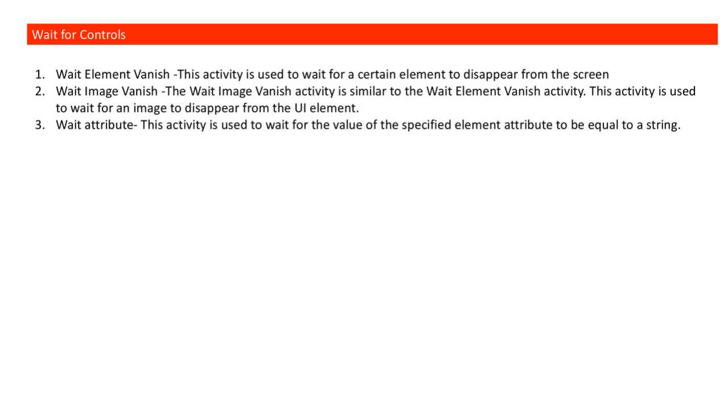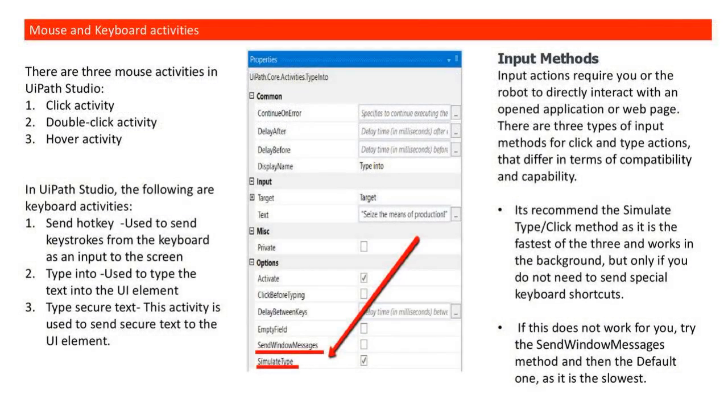In those scenarios, there are three other controls: wait element, wait image, and wait attribute. Those are really useful to make your bot wait for a certain duration before it checks for the next step. So with this, we are good to build the